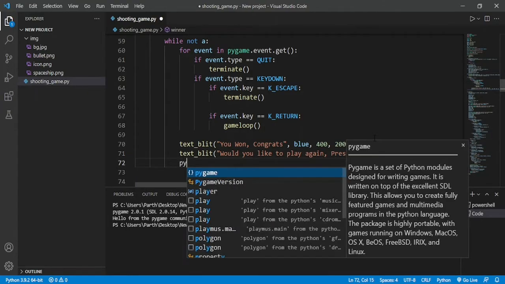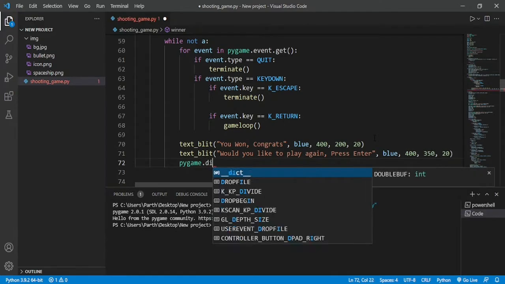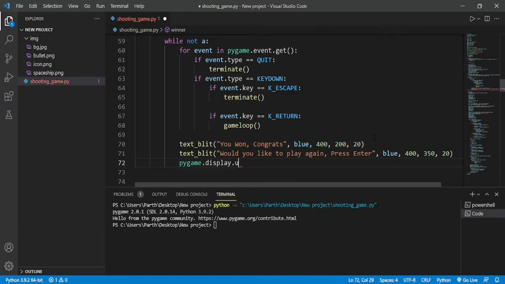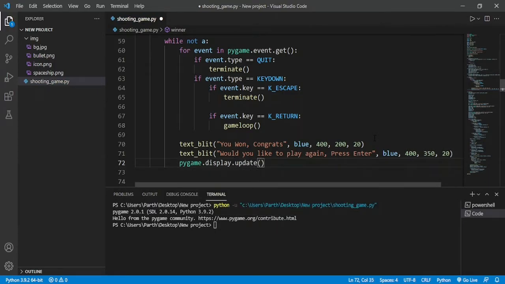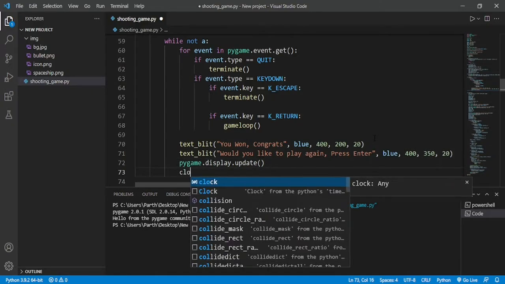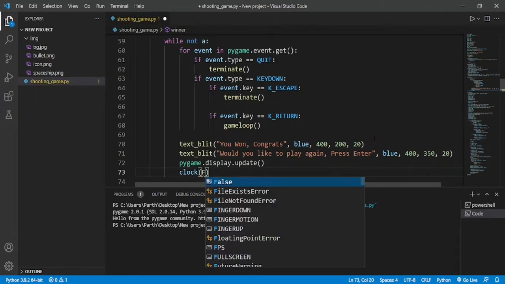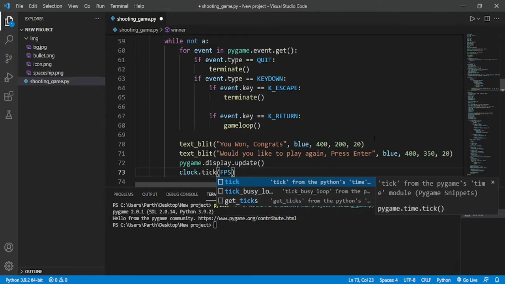Now we also need to refresh the screen. For that we are going to use pygame.display.update, and we are also going to use the clock and pass the value of fps. Clock.tick, don't forget this one.